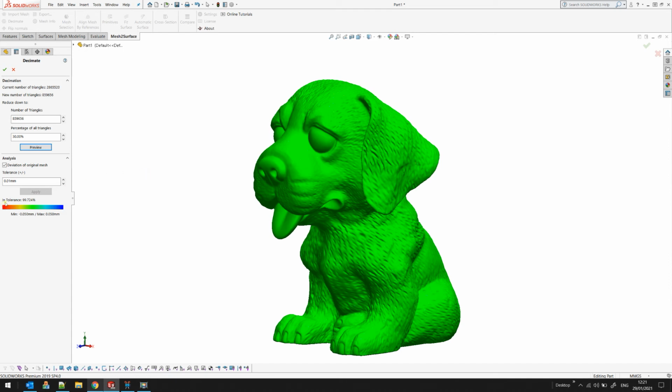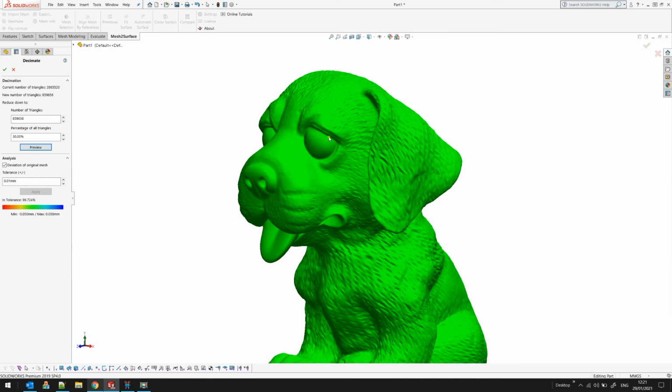You can see in the statistics that 99.724% are in this tolerance, and there are some which are out of this tolerance. So, despite we reduce the number of triangles, most of them are flat, and that's why they can easily be removed.